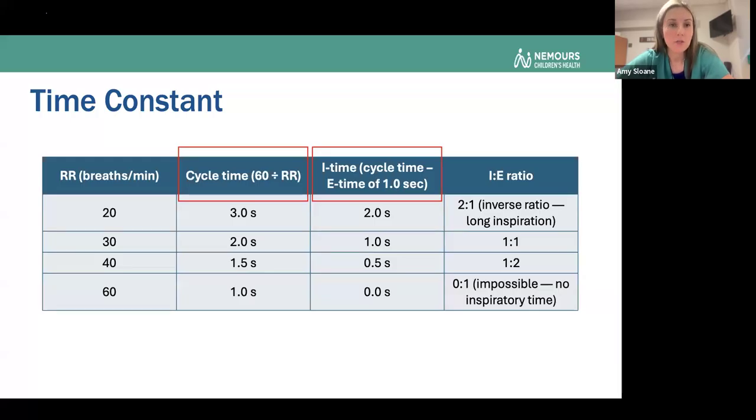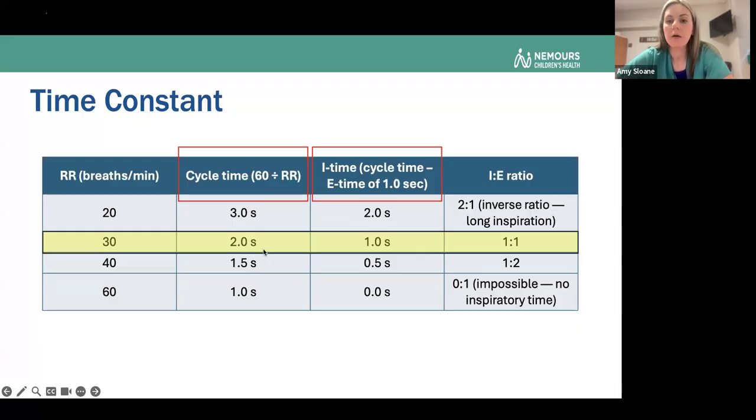And remember, on the vent, you're setting the I time, not the E time. So this is how you use that information to guide your settings. So this is your math for a patient with BPD. So to achieve an E time of 1 second, you're going to set a 1-to-1 I to E ratio with a respiratory rate of about